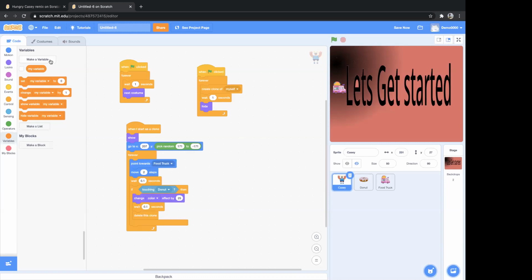In the variable case, like binary search and all, variables could be created in some other project. In that case, you could create variables. Like here, you could create a variable for Casey's life, to track how many lives are left. That could be done, but not for cloning. I don't think you could create it for cloning. That would be too complicated a process, and I guess it won't even work, because of cloning.